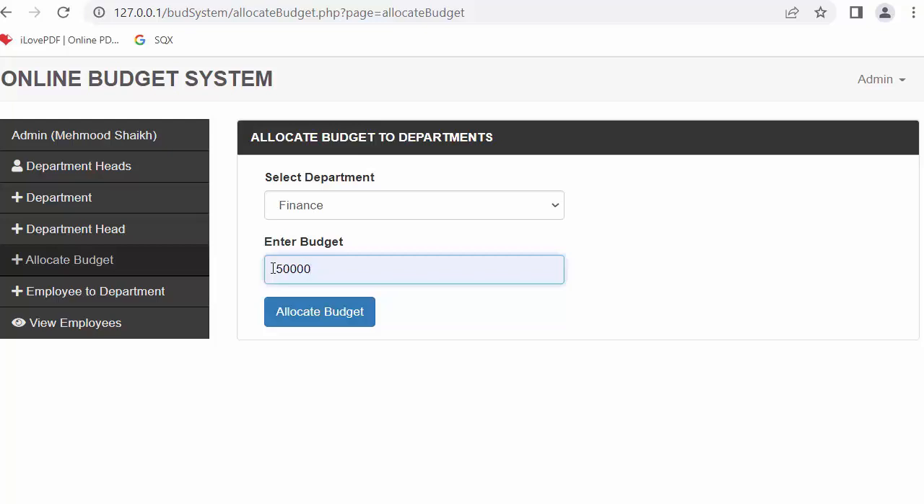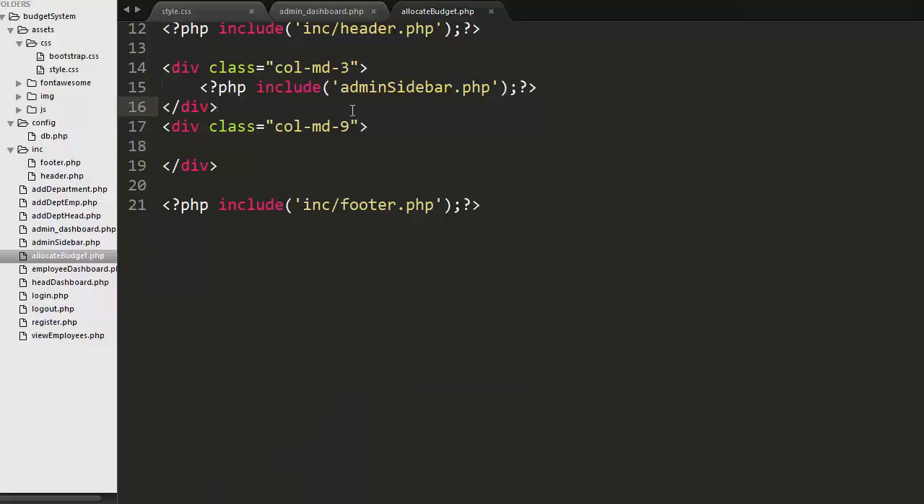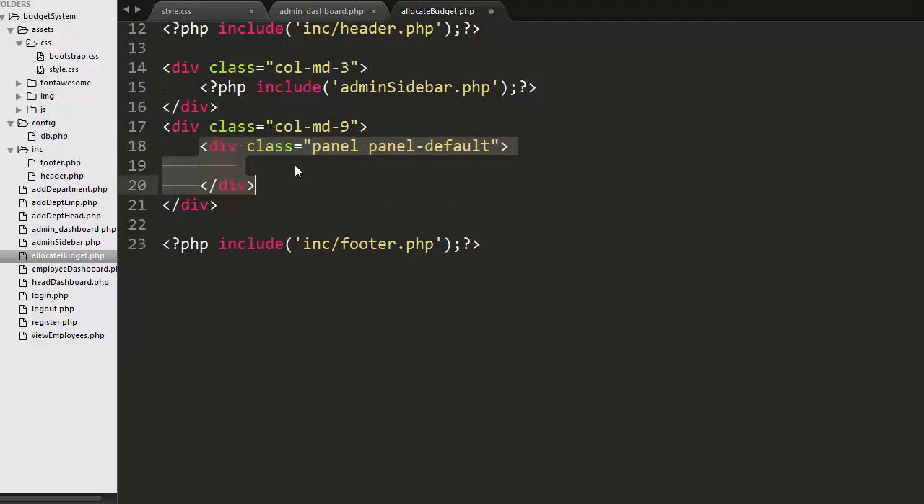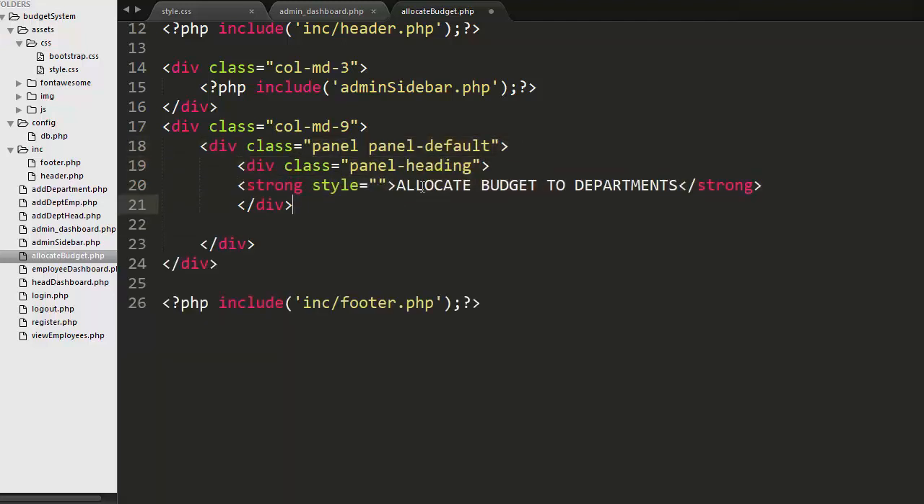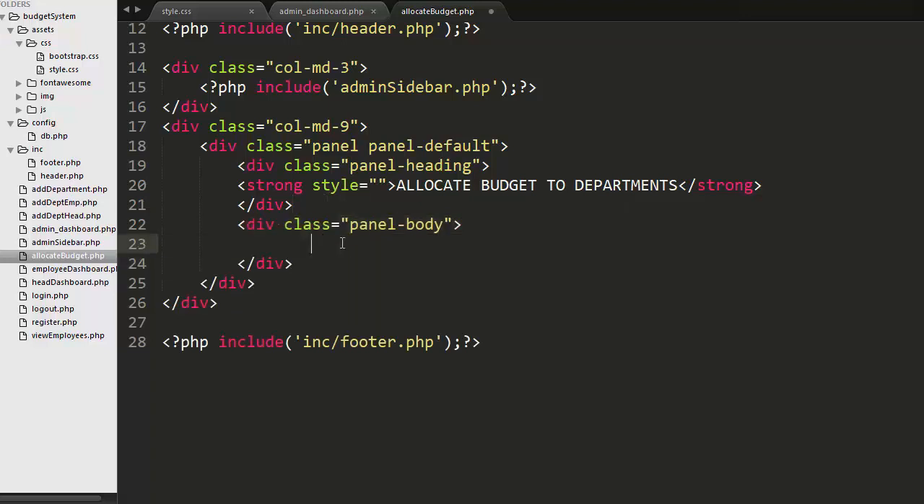So now let us start developing this feature. To start developing this feature, first we need to go to our editor. In our last videos, I had created a file with the name allocate budget PHP file, and we need to open this file, and we have to go to our 9 column div where we need to create a panel. Okay, and then inside this panel we have to create the panel heading with the name allocate budget to departments. Okay, and then a panel body,